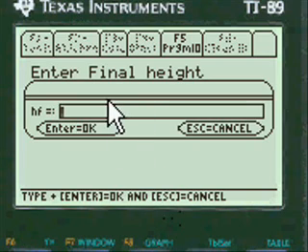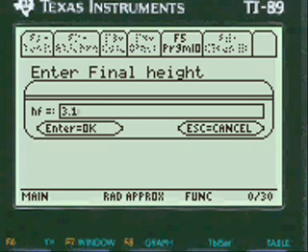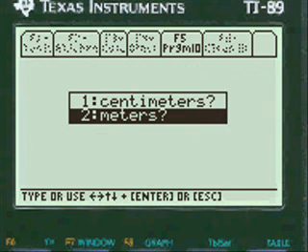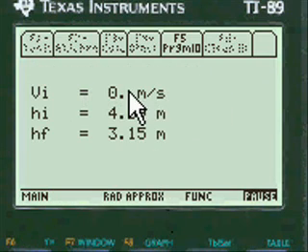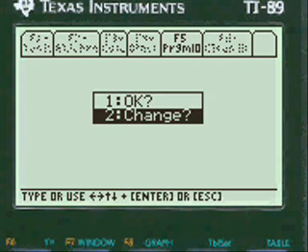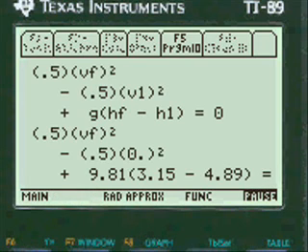and then the final, you're going to find the velocity at a final height, and so we're going to press alpha, maybe let's say 3.15, and again centimeters or meters. I say it's meters. I always show you what you've entered so you can change it in case you made a mistake. I say it's okay, so I'm going to press number 1, and we go through the formula again,